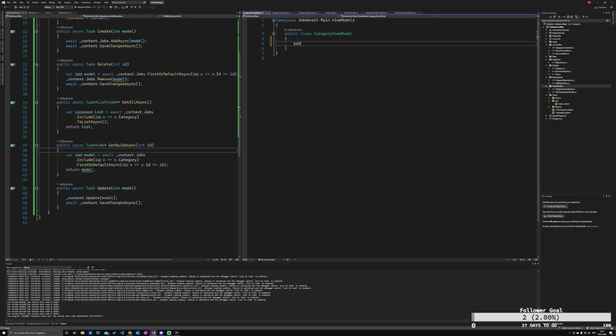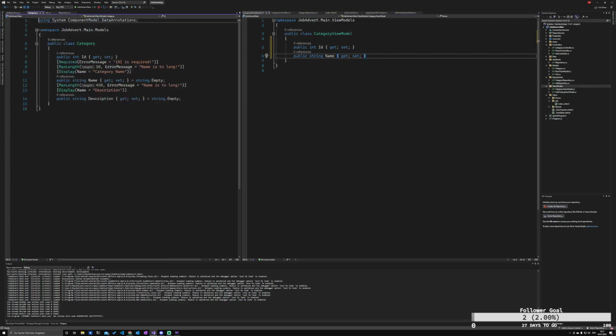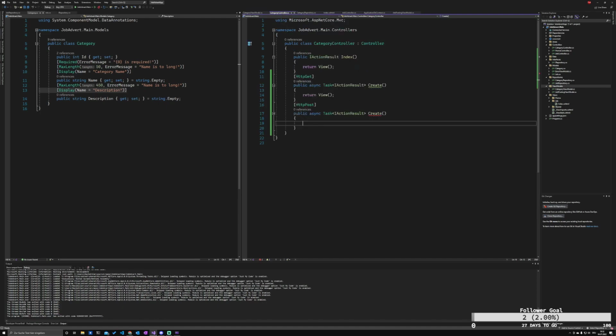So what does that do? We need here a prop for ID, int ID, and it will have just a name, and a description. Exactly like that, and nothing else. No display names needed. So we have the category view model, and now we go to the category controller and say,